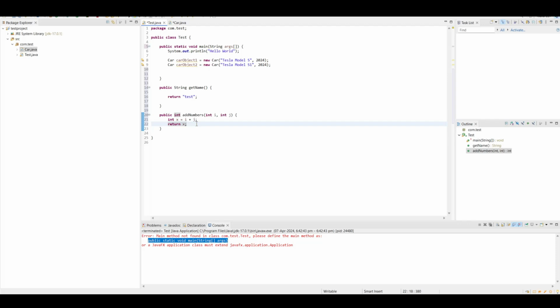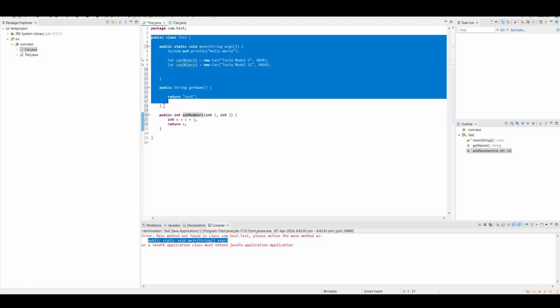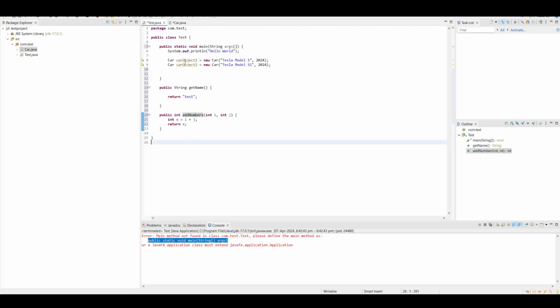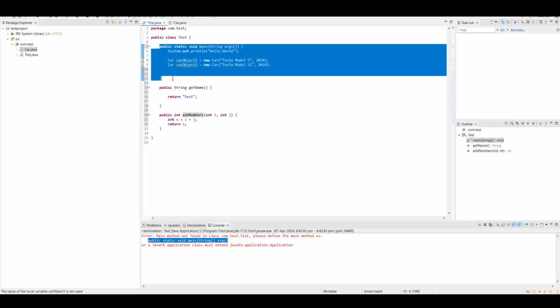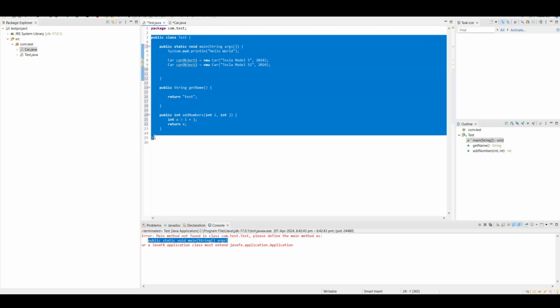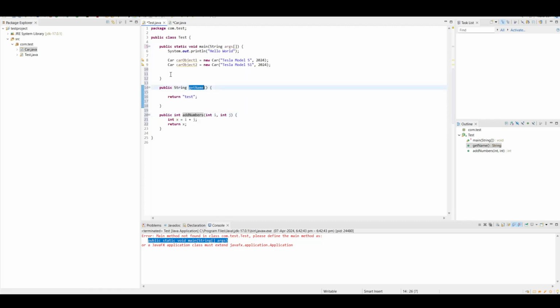We need some instance, some object on which we can call this method. This as of now is not in memory, right? Static we will see later, but as of now consider that there is nothing in the memory. So on what will we call the method? For that we need some instance of this class. So let us create that